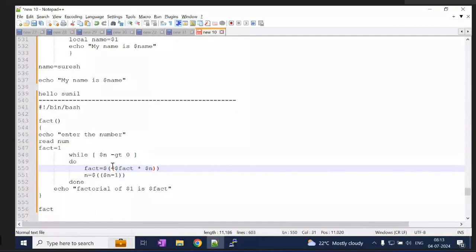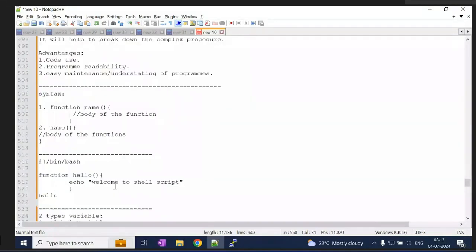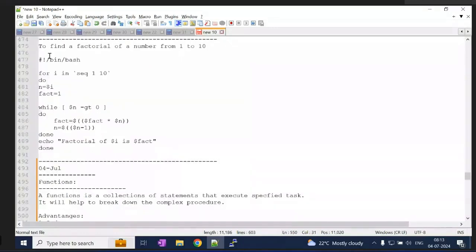We already wrote this. So you see here, to find the factorial of a number, it gives the sequence from 1 to 10. Factorial of 1 is 1, factorial of 2 is 2, factorial of 3 is 6. I hope you remember the output, right? It gives the sequence of factorials.